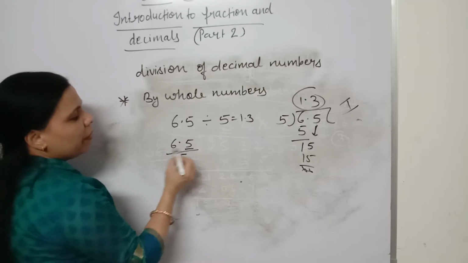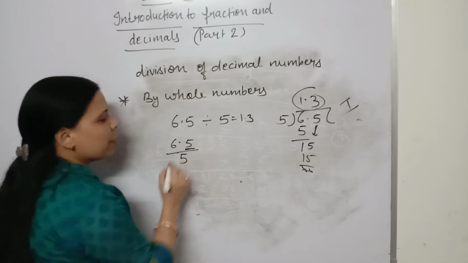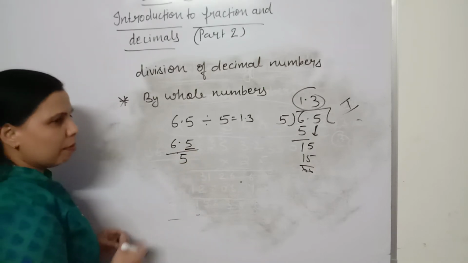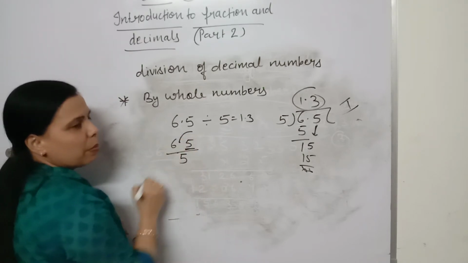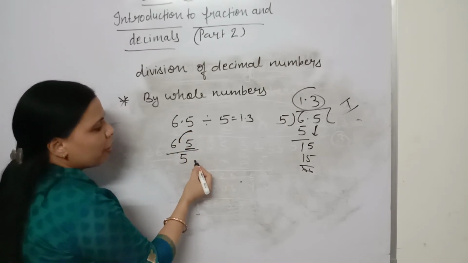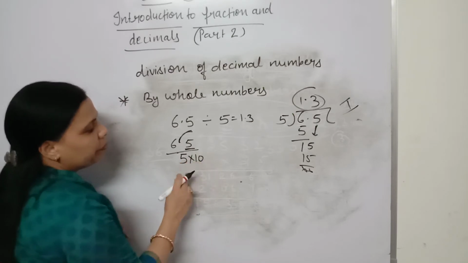How many decimal digits do we have? Just one digit. And what is the place value of this digit? This 5 is in the tenths place of the number. So what are you going to do here? Remove this decimal in this way, and as soon as you remove the decimal, you need to write the place value of this 5 here, like this.